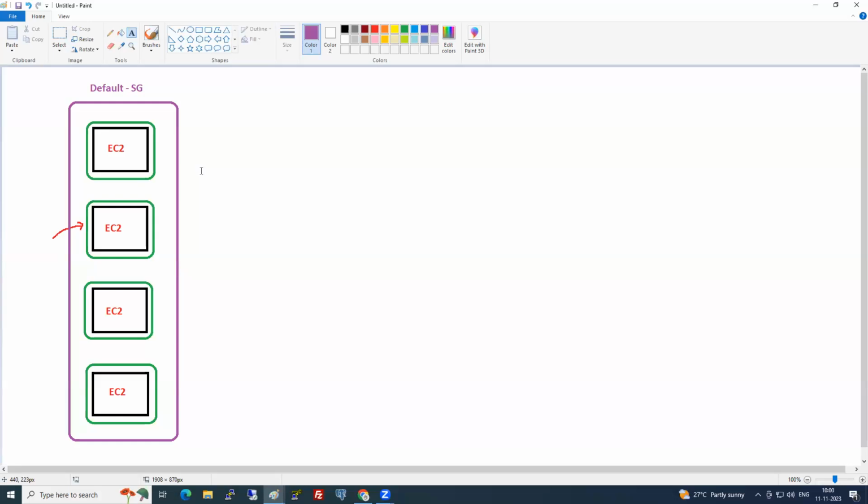So don't think, sir, can't we create a new one? You can create, no issues. But if you get to know which security group is attached to which EC2 instance, where you should do the inbound rules, then you can create. Let's not create it until we are comfortable with it. Okay. And should I tell you in real time, how does it look? Okay. In real time,